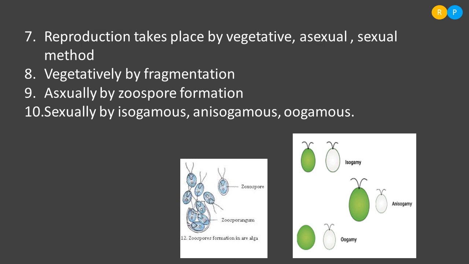You should learn all these characters, because the characteristic features change from one class of alga to another class. Understood, right? So you have to learn all these characteristic features of green algae. The things to remember are the kind of pigment present in them, the component of the cell wall, and the mode of reproduction. These are the important things, and one more thing is examples of organisms. Clear? These are the few important things you need to recall about the Chlorophyceae members.